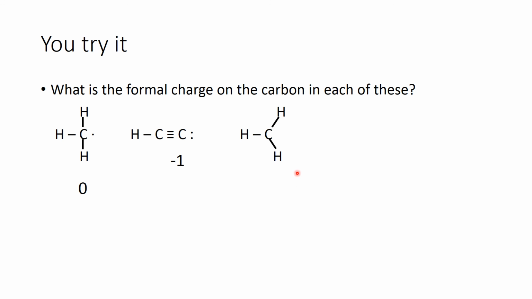If I go over here to this carbon, if I count the electrons that are on it formally, it'll be 1, 2, 3. That's one less than the 4 that are on carbon when it's a neutral atom. So that means it has a positive 1 formal charge. So when we write this methyl, we write it with a positive 1 charge, and we actually call it a methyl carbocation. The names you don't need to know. All you really need to know at this point in time